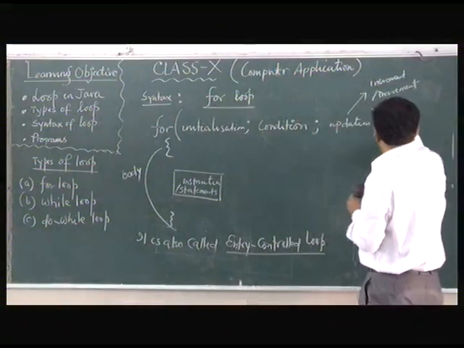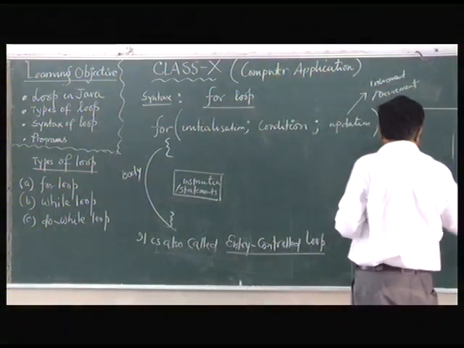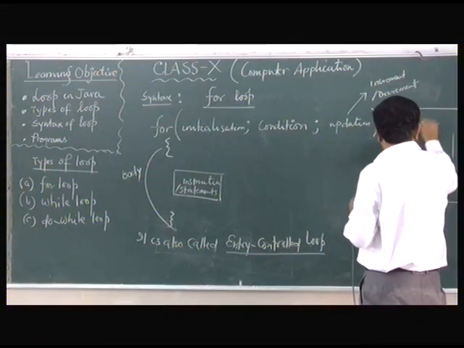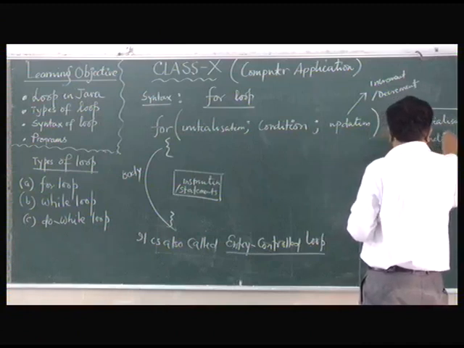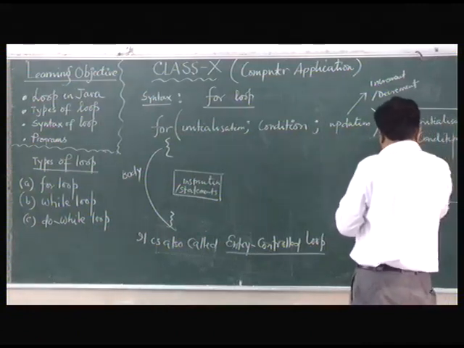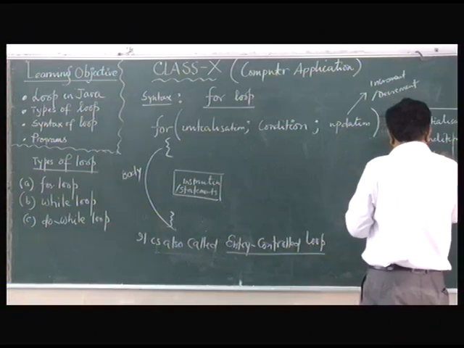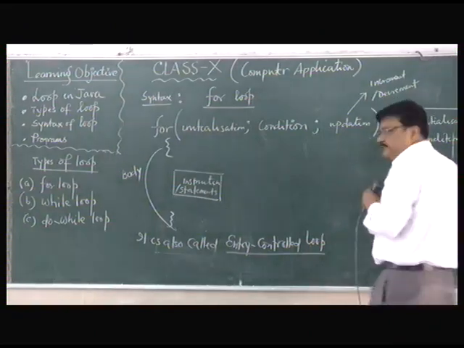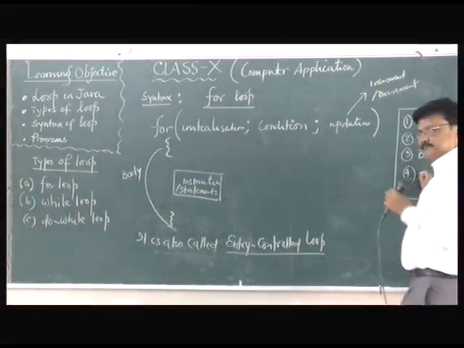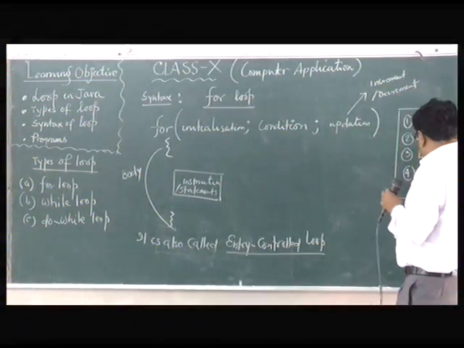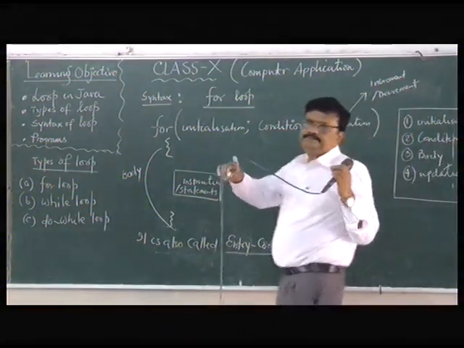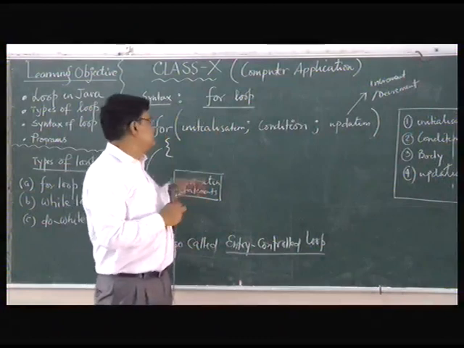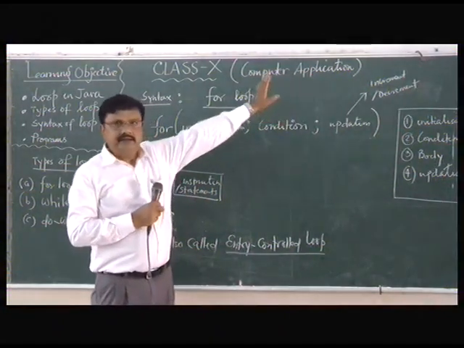Now find out whether 4 points are there or not. All the 4 stages. What are the 4 stages? First one is initialization. What is the second one? Condition. What is the third one? Body of the loop. What is the fourth one? Updation. Alright. So all these 4 points are there or not. You see, which one is the initialization? This one is the initialization. So it is there. Clear?